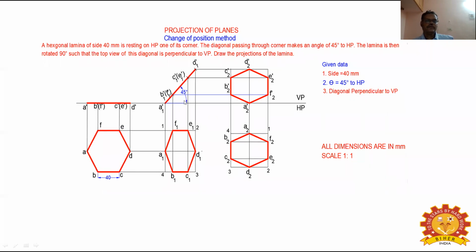Okay. So therefore, it is the diagonal passing to the corner. Diagonal corner is AD. So we have to transfer all these points and cut an arc. Mark as A1 dash, B1 dash, F1 dash, C1 dash, E1 dash, and D1 dash. Okay. From there, draw the vertical lines, and from the top you draw the horizontal lines. Mark the corresponding points as A1, B1, C1, D1, E1, and F1.